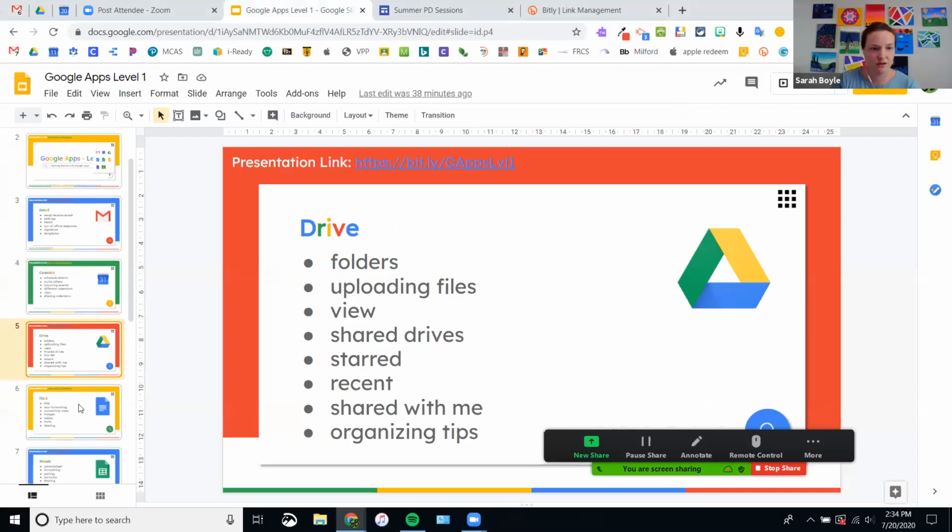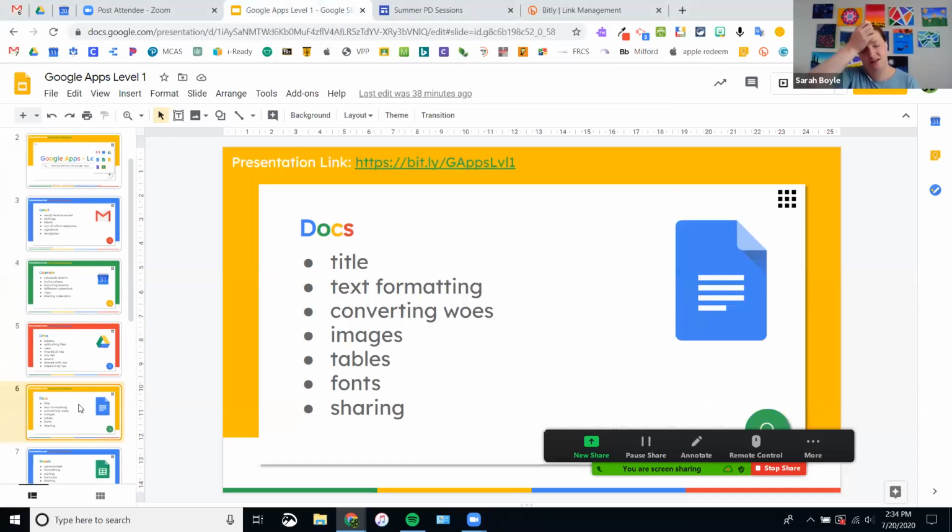Drive is red. All right, so Docs. Docs is the Google version of Microsoft Word. It is almost practically the same thing. You can give things titles, you can do the same similar types of text formatting, color, font, size, all that kind of stuff. There are converting woes and things that don't work. So if you have something already created in Word and you go to upload it into Google Drive and you use the conversion tool to make it a Google Doc,